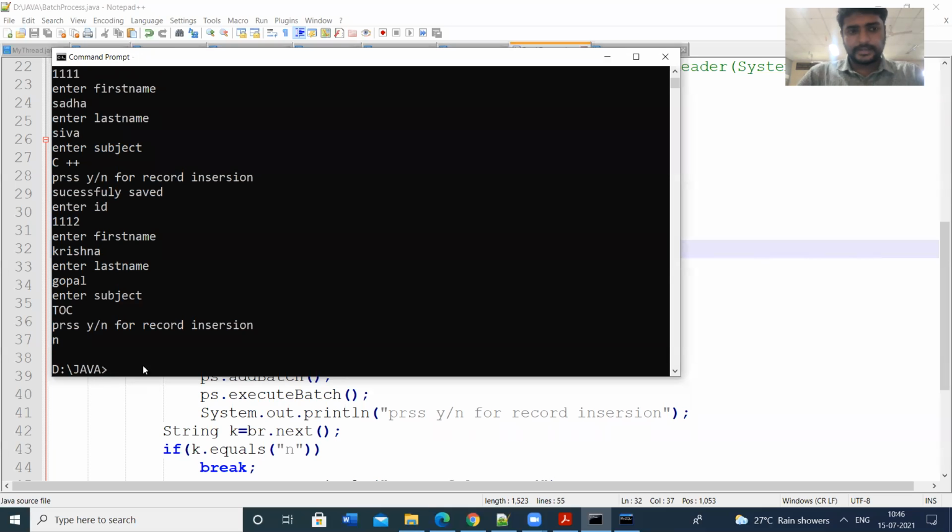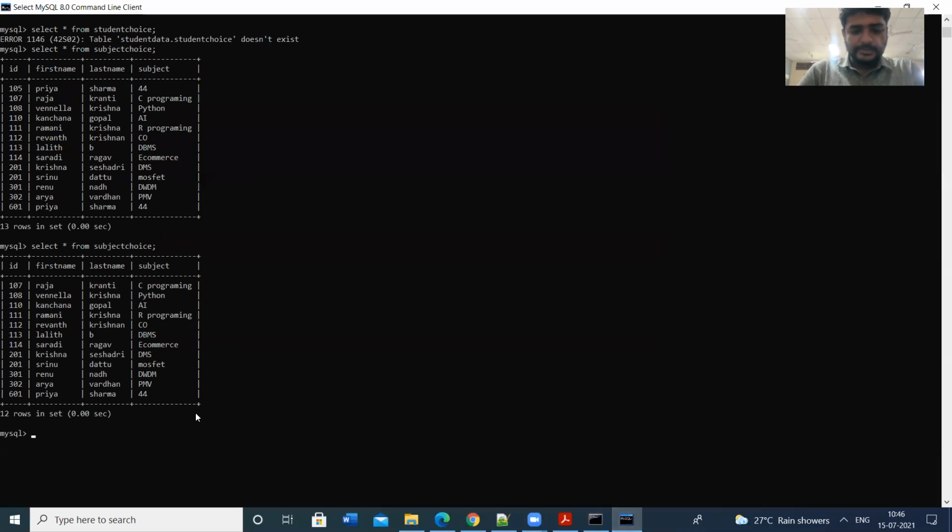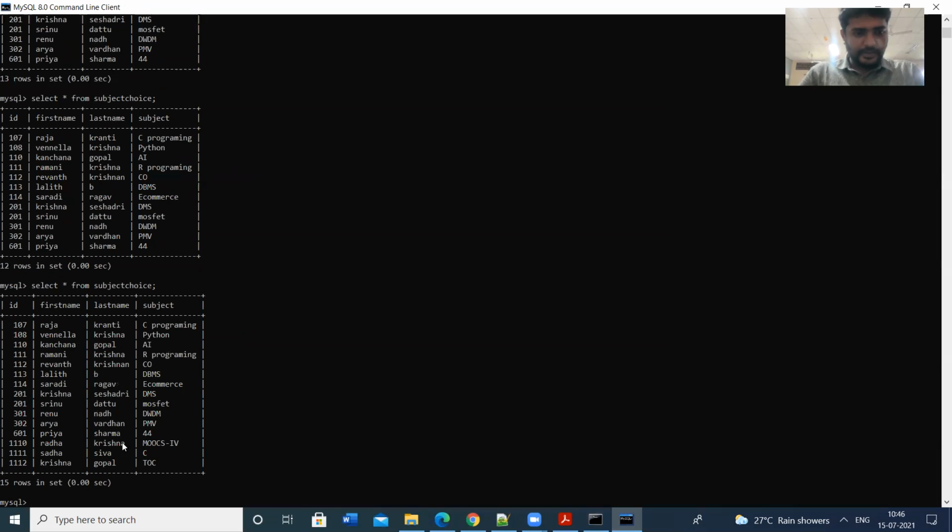Let us see the updates in the database. See here, we have inserted the 3 rows, 1110, 1111, 1112. The three rows are updated here.